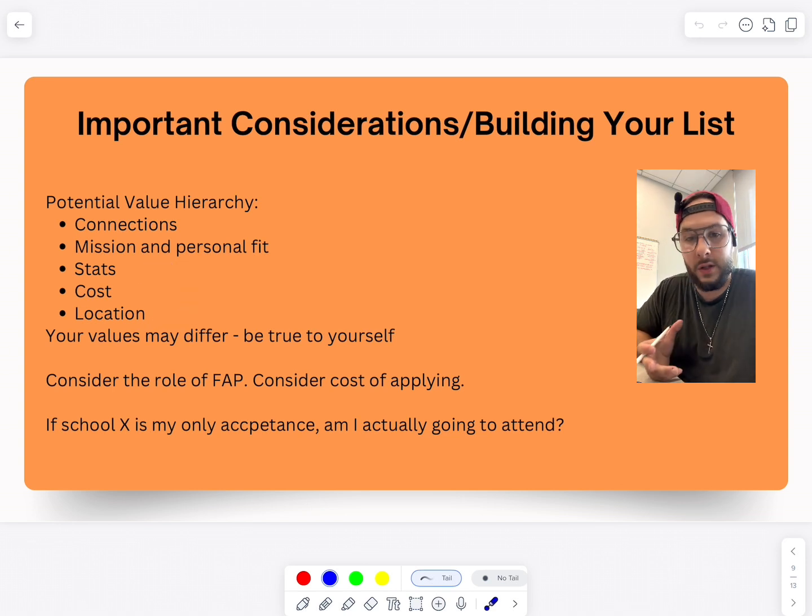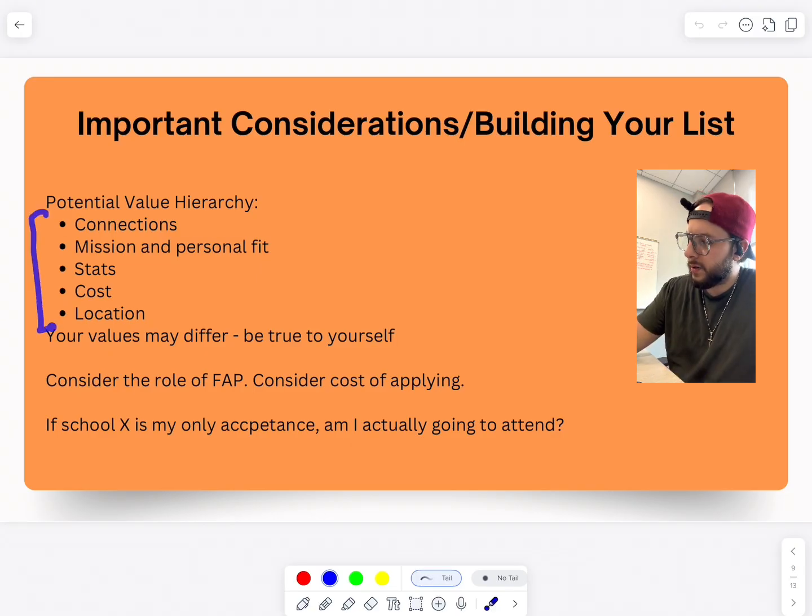If you're a person who wants to continue to live around home, live at home, live with your parents, live with your family, I've got peers in medical school that do that. It works great for them. They have very, very strong relationships with their family. They have that support system that you need in medical school, and it's much easier for them to keep that support system strong when they're living close to home or living at home. So maybe location is very, very important to you, and then you have to think about, hey, what are the schools that are in my area?